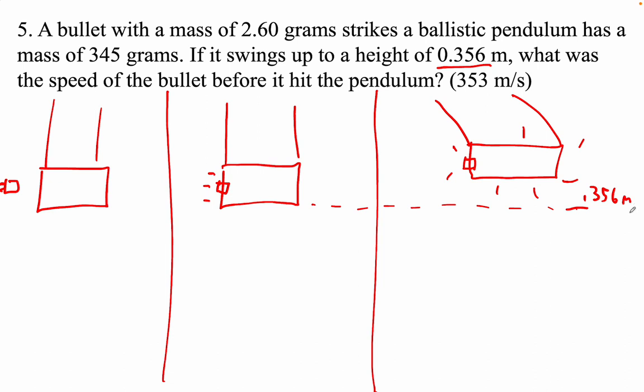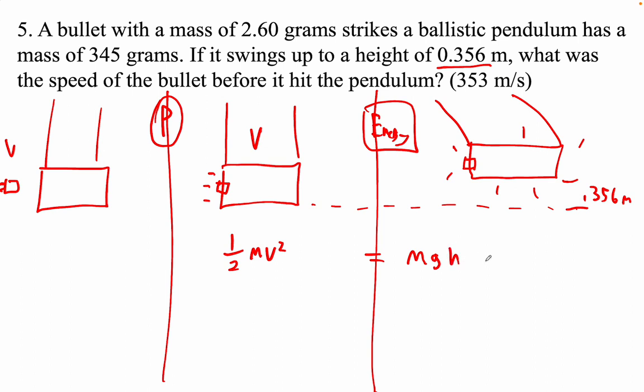Okay, so what we're going to do is work backwards. We're going to figure out if it swung that high, how fast was it going here? And then if we know that velocity, we can figure out this velocity using momentum. So from here to here is momentum. From here to here is energy, because here we have momentum, here we don't have momentum, but we have potential energy, here we have kinetic. So we're going to say that this 1/2 mv squared is equal to